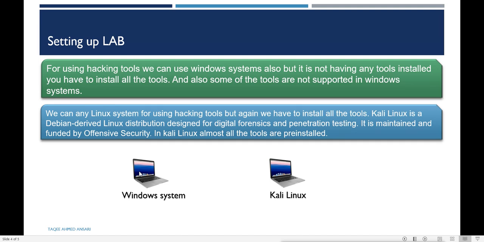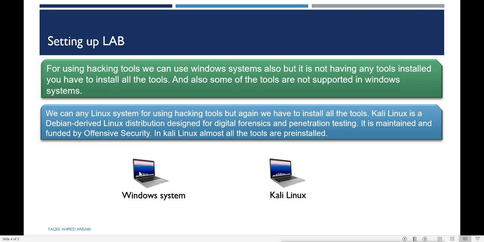We can use Red Hat, we can use Ubuntu, we can use Debian, we can use Fedora, we can use any kind of Linux system. But the tools and applications which we require to do forensics and penetration testing are not installed on those Linux systems by default.